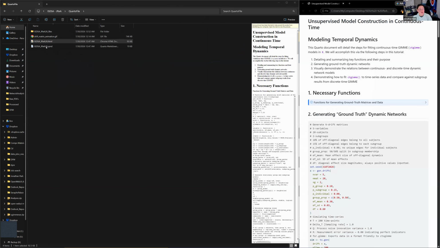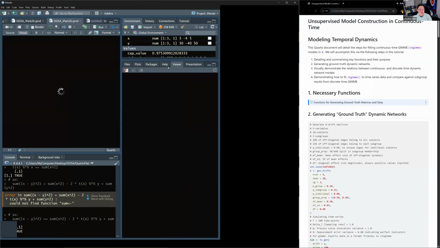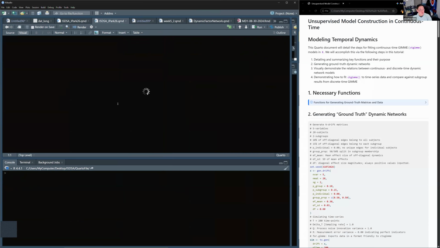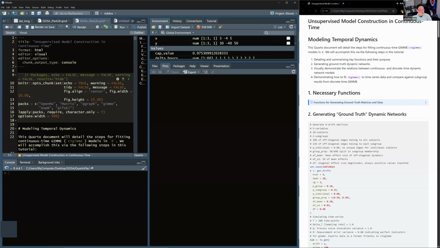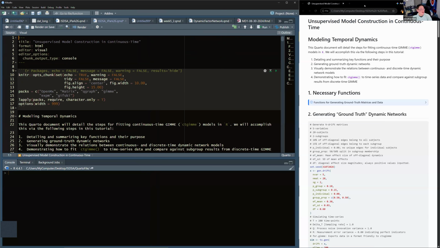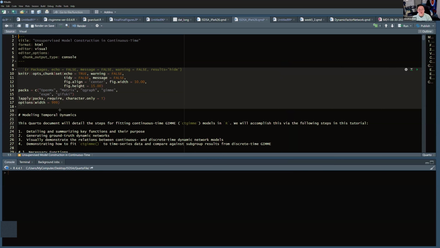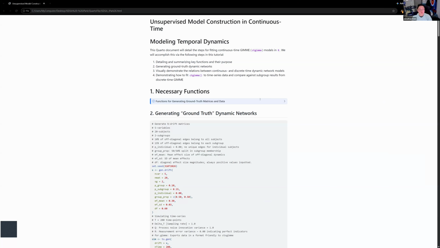And then aside from that, there's also the Quarto markdown file. In this case, this has the raw code. So I'm going to have both of these open in parallel because I intend to run some of the code. That way you can see some of the status messages. But for the most part, if you're following along, the HTML file is sufficient. So I'm going to make this very large, and then we will pull up this as well. I will be switching back and forth between this and this, so I hope that's not too distracting.